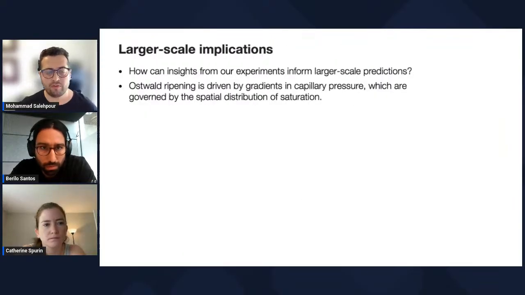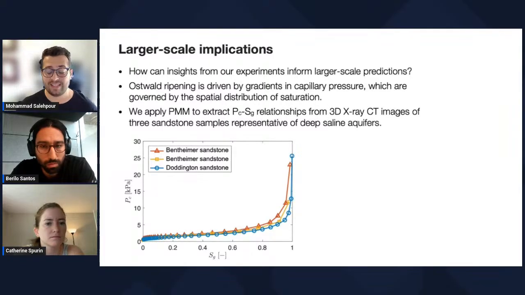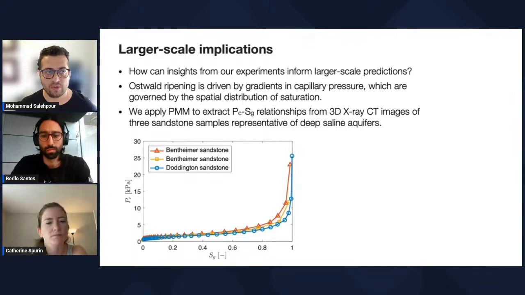So we have performed some experiments. We have done some modeling. We have gotten great results. But what kind of insights can this give us for large-scale prediction? As we showed, Ostwald ripening is driven by gradients in capillary pressure, which are governed by the spatial distribution of saturation. So in order to answer this question of what happens at larger scale and how we can use our